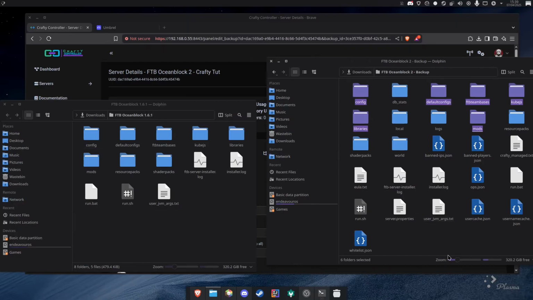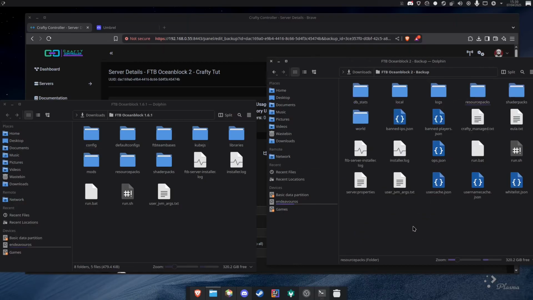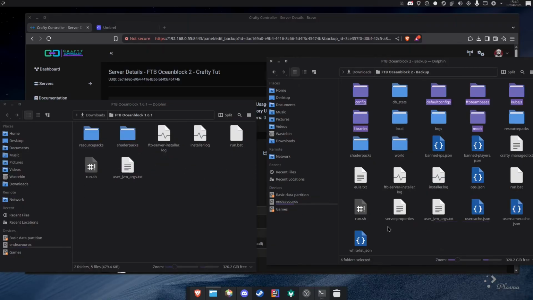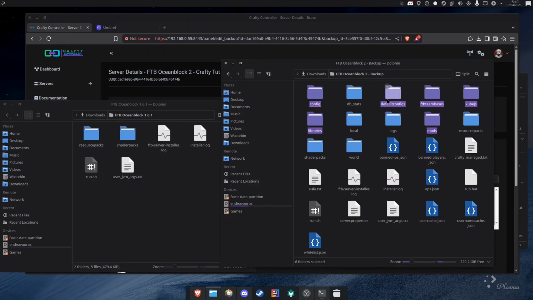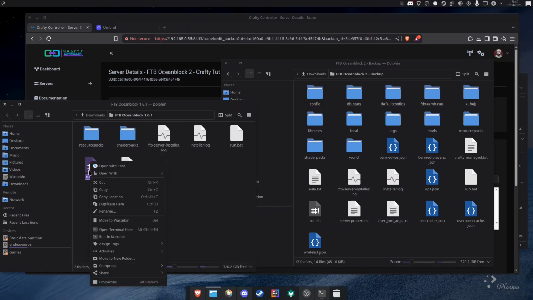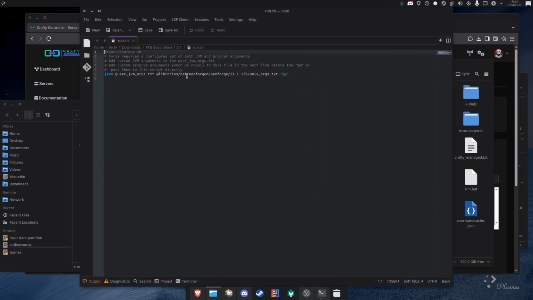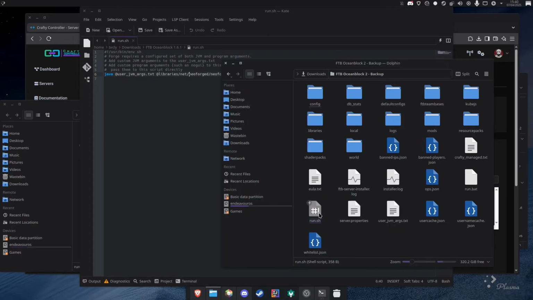Just going to double check. Yep, that does seem correct. So if we delete those, we then want to move across the new versions without the resource packs and shader packs, sorry. Perfect. So now that's moved across, we also just need to double check the run command here, because if we notice